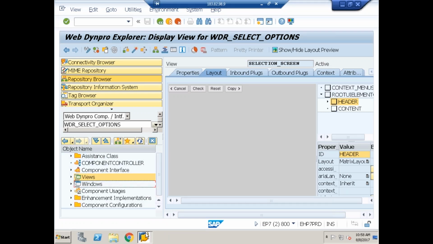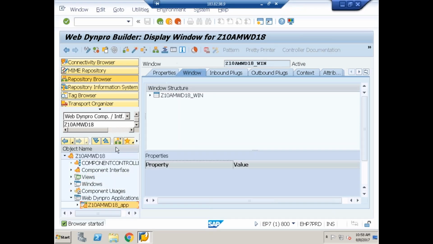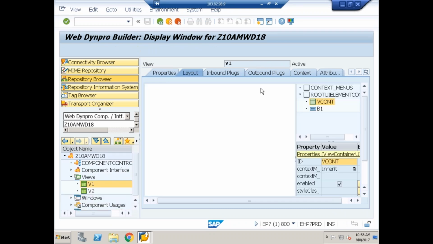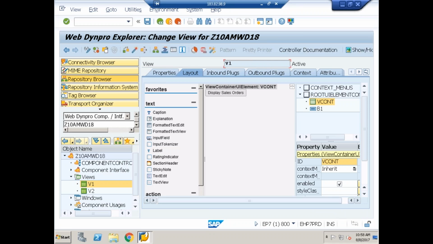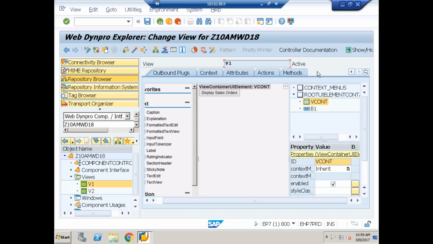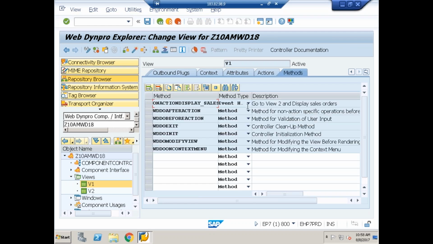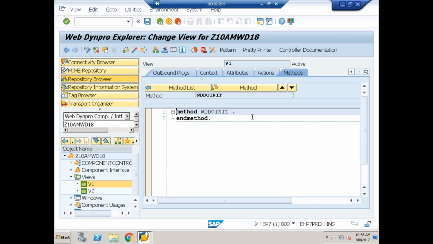Whenever we start our execution, which view is the default view here? In our case, view 1. What is the first method which gets called? wd_do init. So in the wd_do init method, I have to remove those default buttons and construct our own select option field. So I'll go to View 1, wd_do init method. Yeah, here, see the technique. So first thing what I have to do is,